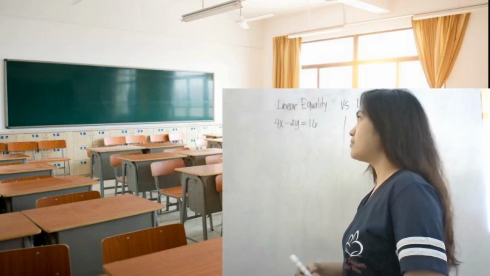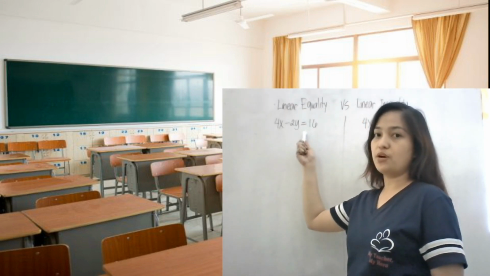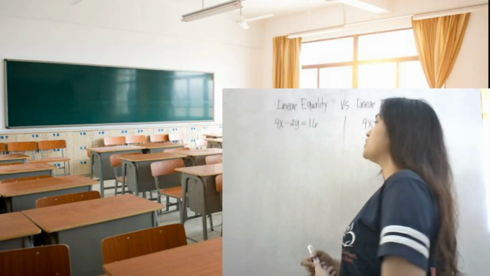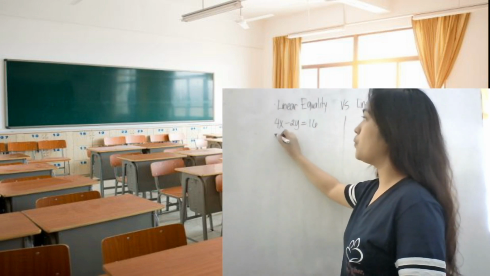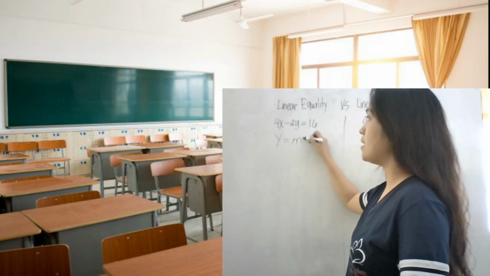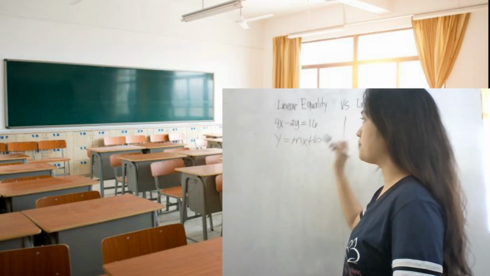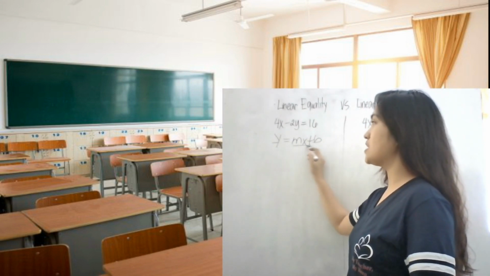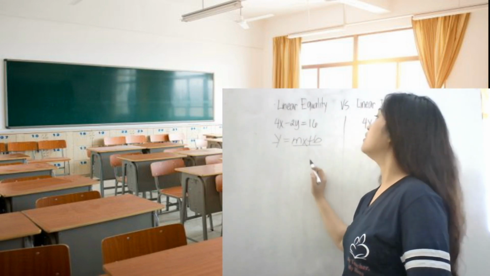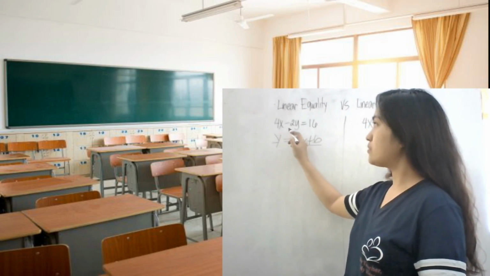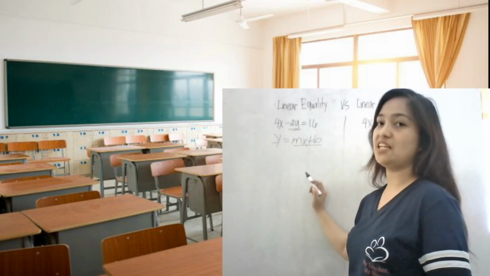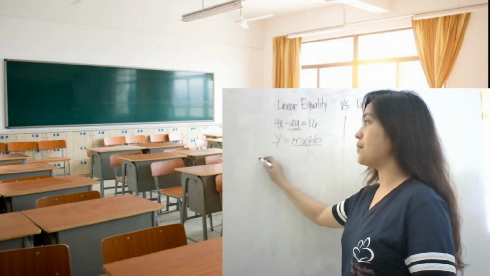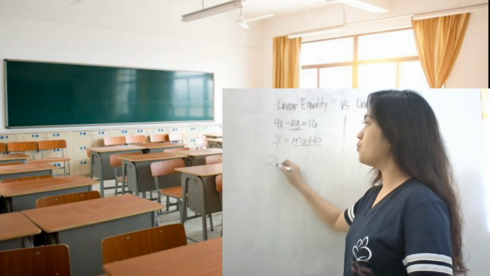Okay? So, we have the standard form, and let's make it slope-intercept form. In slope-intercept form, you make it y is equal to mx plus b. That means y is on the left, and mx plus b is on the right. Here, negative 2y is already on the left, so we really put it on the left. So, just copy: negative 2y